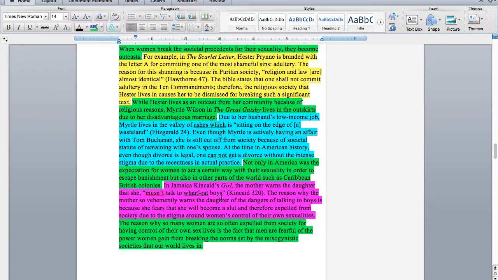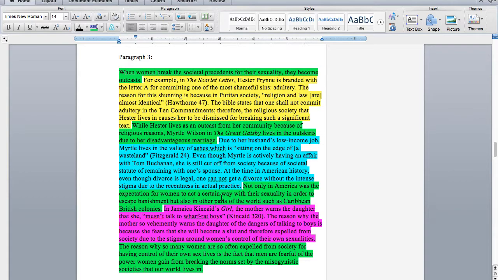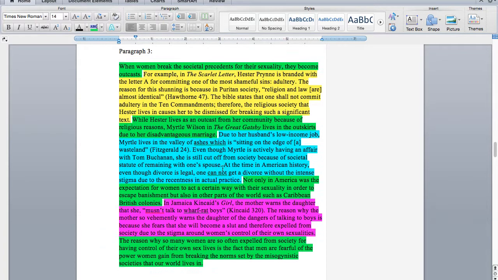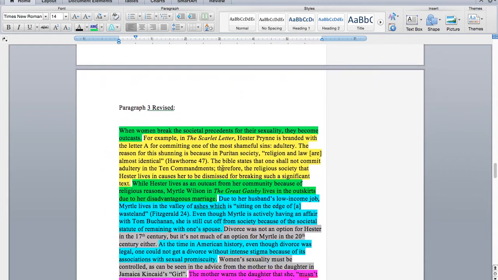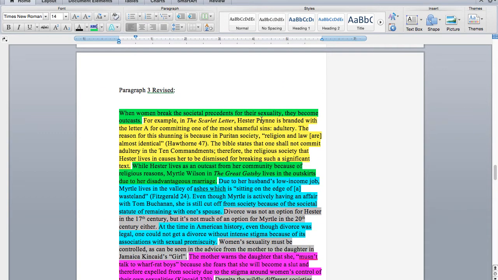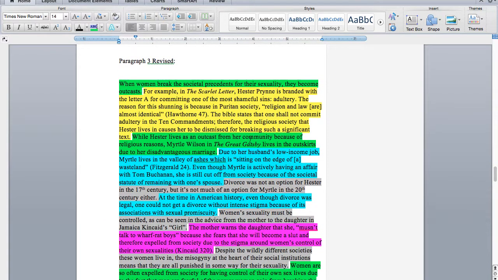In this paragraph, again, you see 3 texts, and there's a little bit more synthesis at the end, but you see again those 3 walls of text. So if you'd like to pause and skim through it, you can. If we go down to the revised version, again, I've left the first text alone for the most part, but